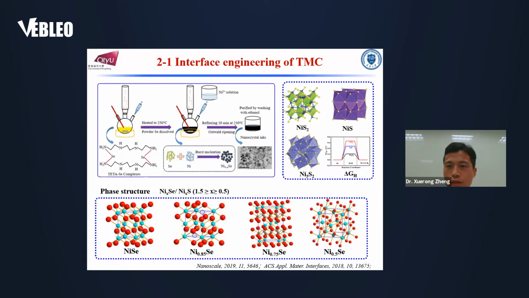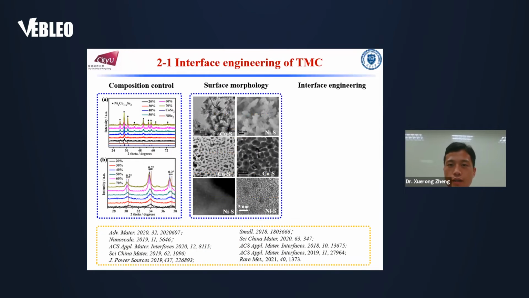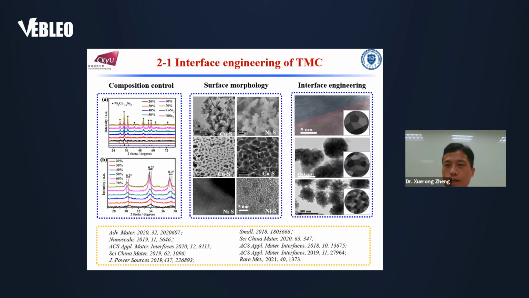Because in the different structures, the transition metal have different valence states and local coordination environments. And then we can tune their composition from 0 to 100% continuously, and also the morphology and the structure of these materials. But here I will introduce the interface engineering in these materials because we believe that the interface density has potential influence toward their